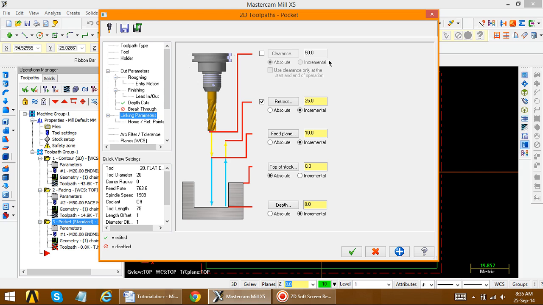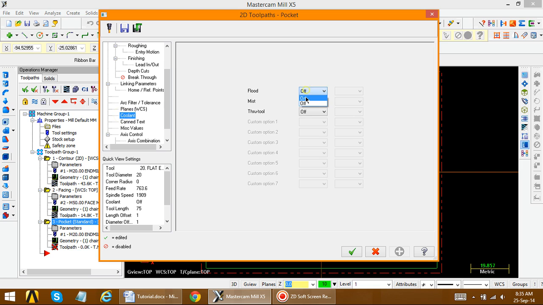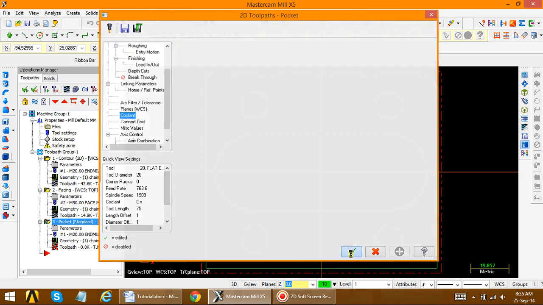Linking parameter, clearance is on, retract should be absolute, and the depth of cut. Now we have to set the depth of cut. Here, if we give minus, so minus 30, because we already removed the 5 in facing. So on, coolant should be on. So apply and okay.